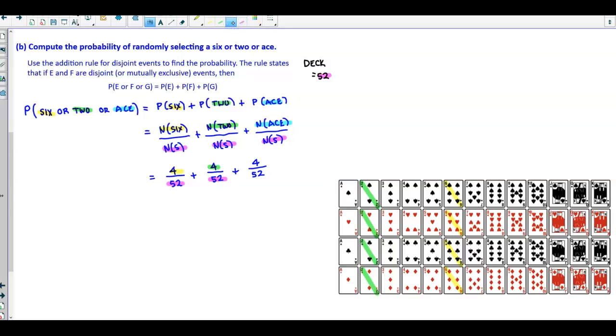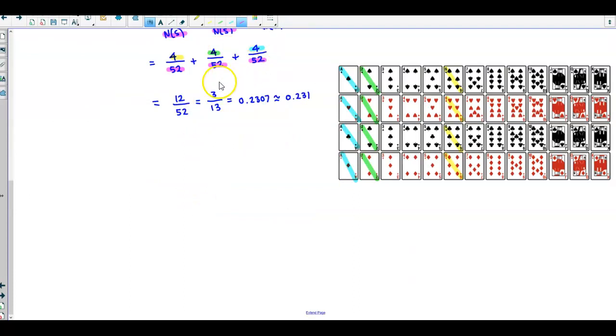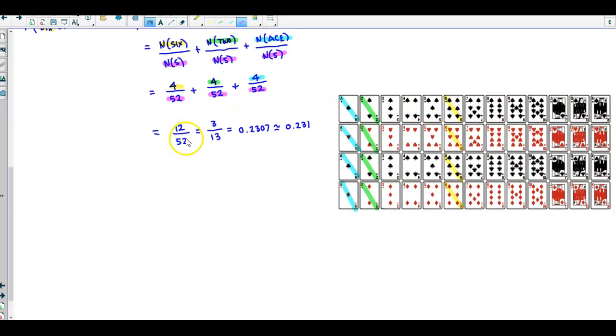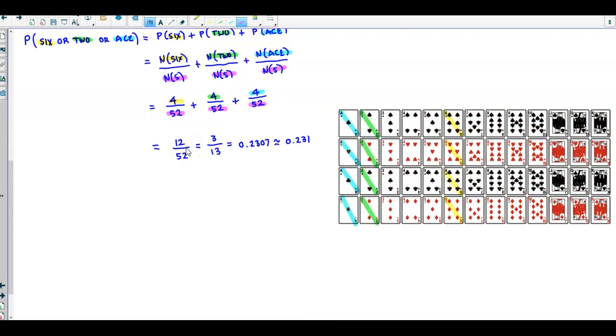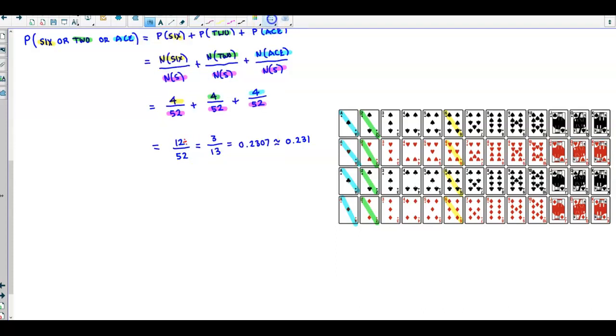And then how many aces do we have? Well, we have 1, 2, 3, and then 4. So we have 4 aces, and then dividing it by the total in the sample. Okay, so when we add 4 plus 4 plus 4, we get 12 divided by 52. If we reduce this, a number that they have in common is a 4. So we're going to divide the 12 by 4, 52 by 4, and we get 3 over 13,